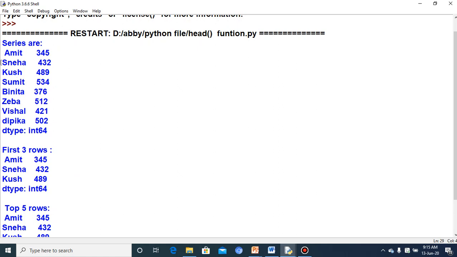Through the head function, we have returned 3 rows of the series. Why 3 rows? Because we have provided the parameter for head as 3. That is why 3 rows get returned. And again the data type will be int64 because the data values remain the same.